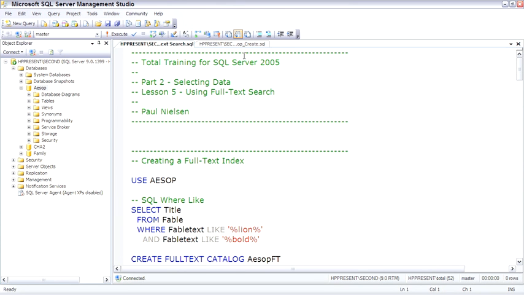Full text search is one of those features that you either love, or you wonder why in the world it's there. Depending upon your application, you may find this is a pretty cool feature. So let me show you first why you might want to use full text search. The WHERE LIKE allows us to search for any word inside of a string by putting a wildcard before and